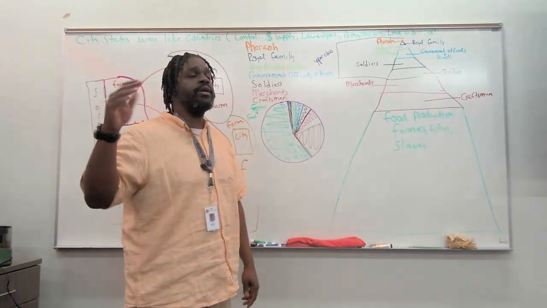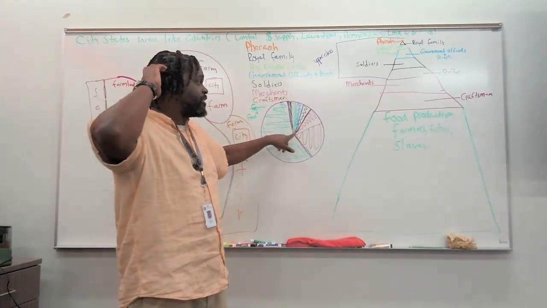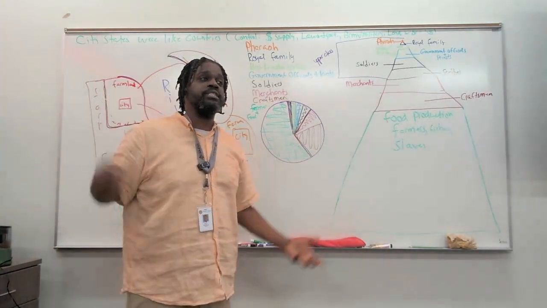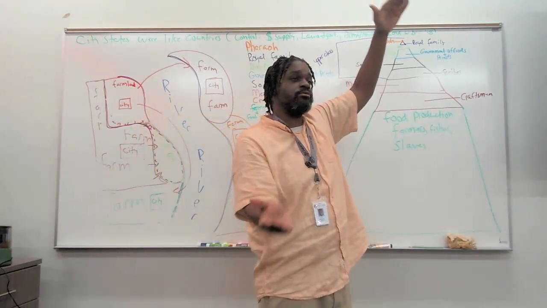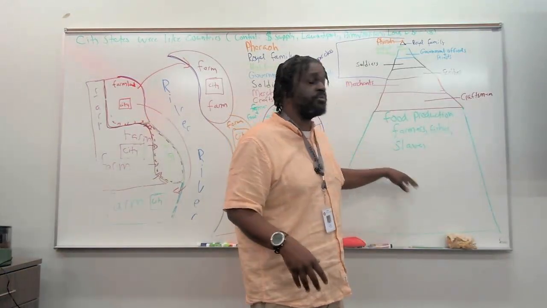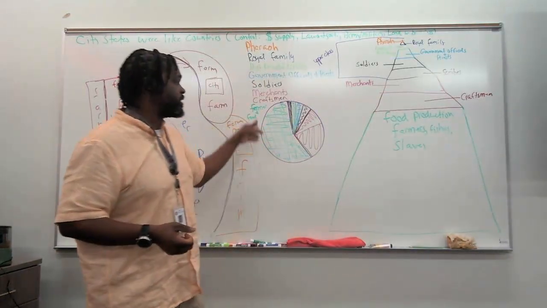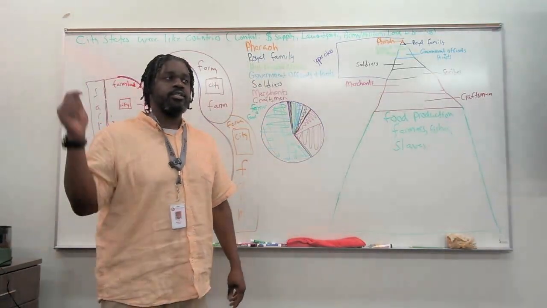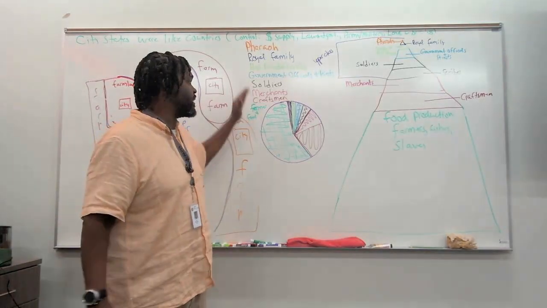Okay, what you are going to do is you're going to pick one of these graphic organizers. If the pie chart makes more sense to you, do it as the pie chart. If the pyramid helps you to see how the classes were separated out and what percentage of people were slaves and fishermen and what percentage of people were the pharaoh, you could do it as the pyramid, whichever one makes sense to you. You are going to color code this,